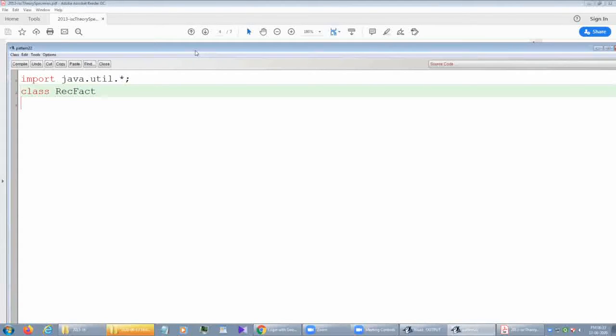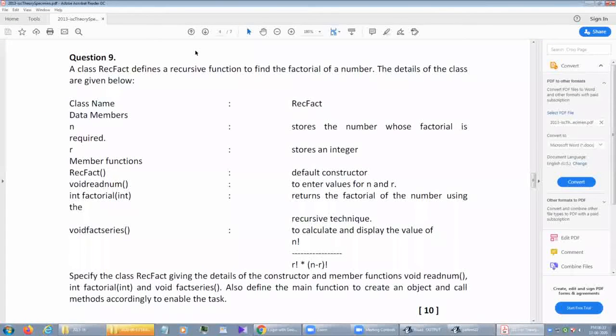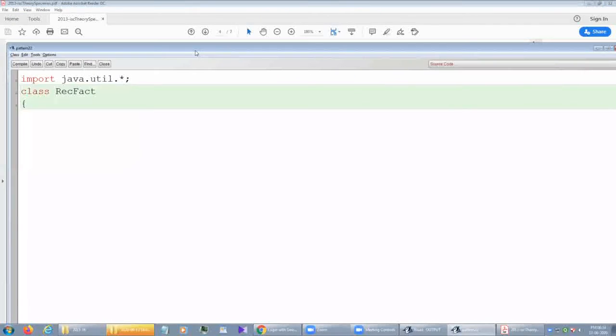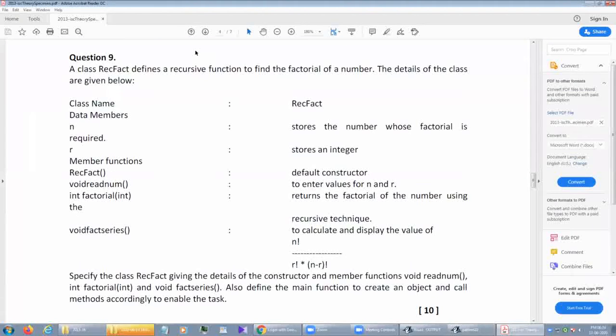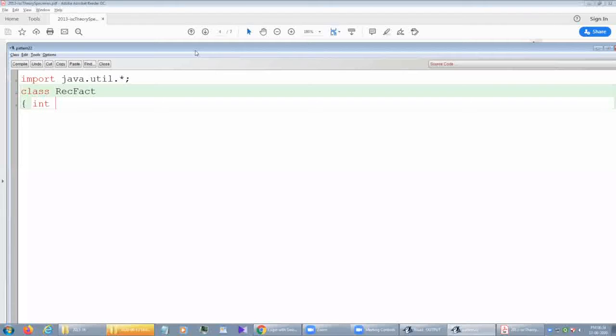If you return to the question, two data members are given and both are integers: one stores the number whose factorial is required, and another one is r. So int n, r.